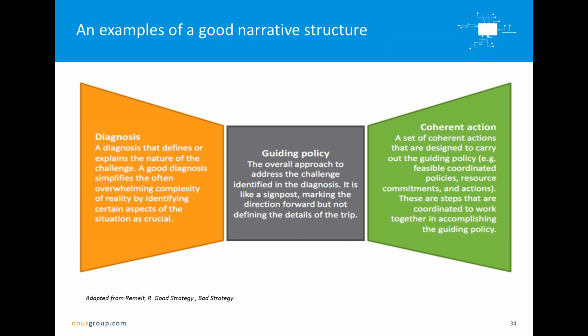This is one from a book called Good Strategy, Bad Strategy, which says in the end that underpinning all good narratives is a story that starts with the diagnosis that makes sense of what's otherwise overwhelming complexity, reducing it to its 2 or 3 or 4 key elements. Then the guiding policy. So what's the change here? What's the signpost? What's the shift? And then, this is what we need to do to give expression to this: actions that we'll take next to get traction. You need each of those bits of the story in order for people to say, oh yeah, I follow that. That makes sense to me. I'm willing to support that.